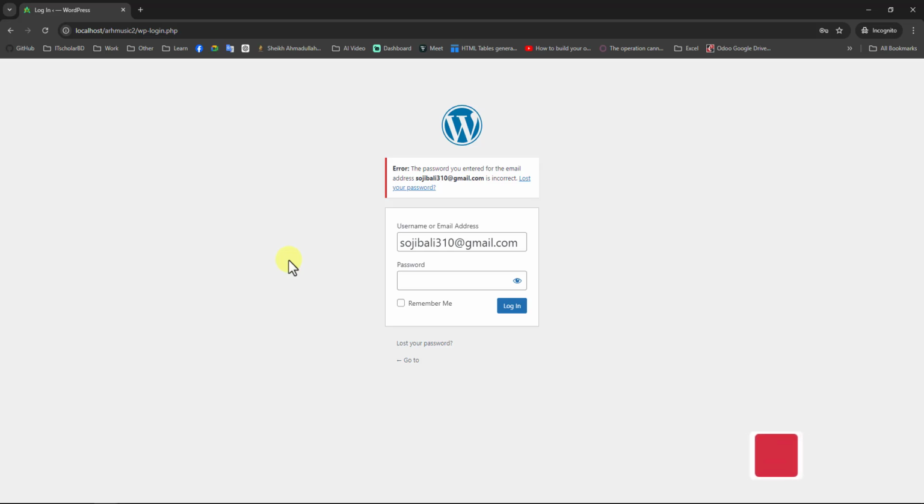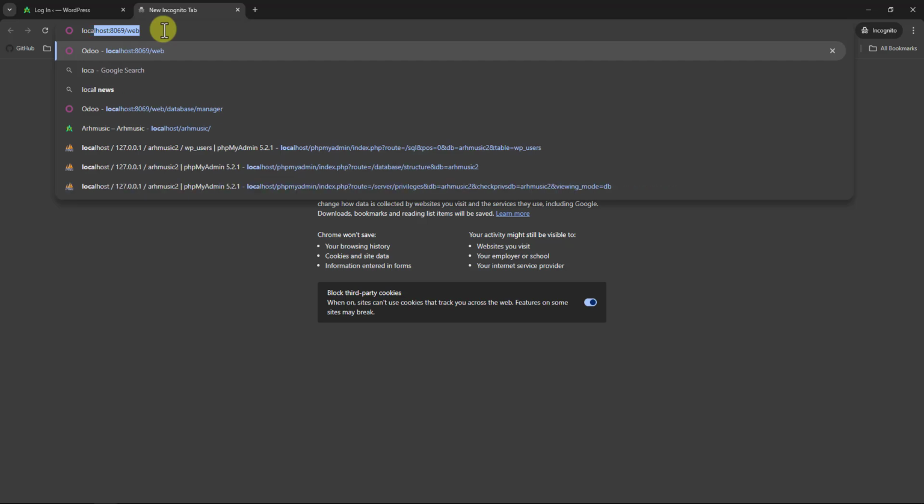Today we learn how to reset your WP admin password. When you forget your admin password, you will be able to recover it. First, I go to localhost